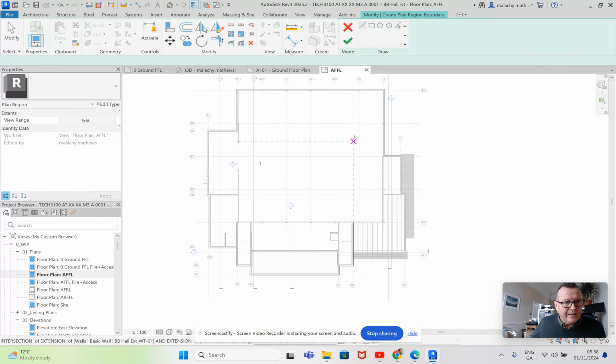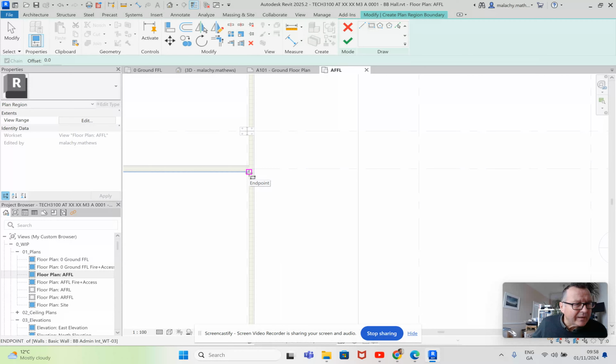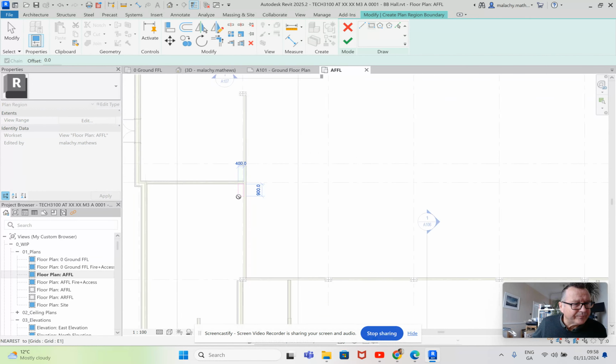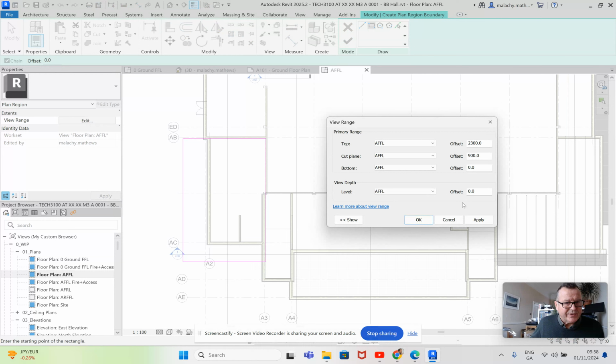Okay, and let me just bring this into play here. So I'm going to take it, say, from there, and I just bring it out maybe to there. All right. Now what that allows me to do is to adjust the view range here. So I'm going to 2200, apply,